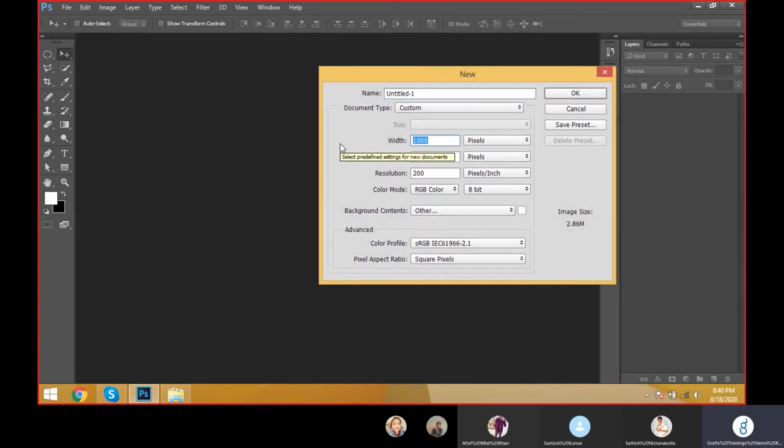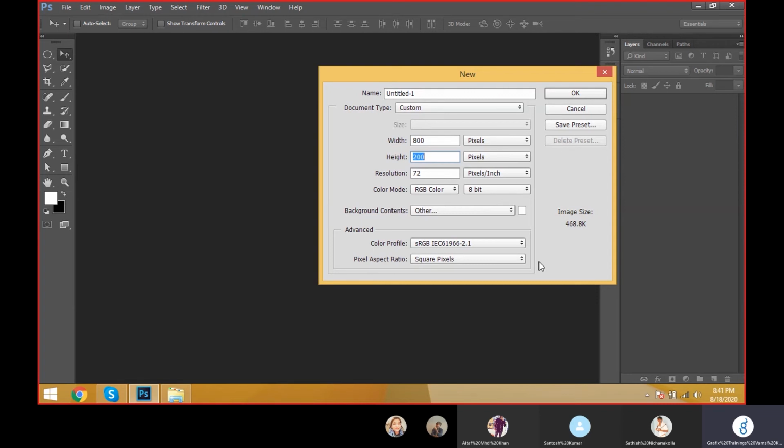Here the banner size will be 800 by 200 and the resolution will be 72. When we create any banner for websites, for web purposes, the resolution will be almost 72. Why are we using pixels? Because the web department, the web stream, is completely based on pixels and percentage. The resolution will be 72, the color mode will be RGB, and the bit depth will be 8-bit.